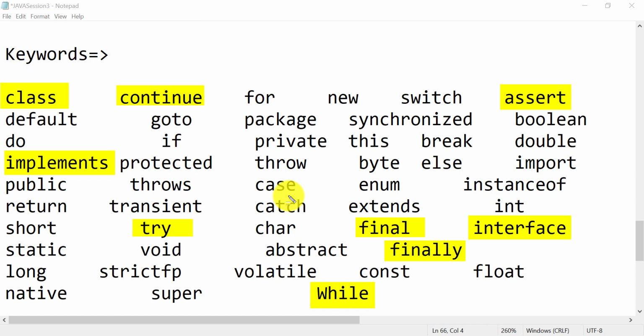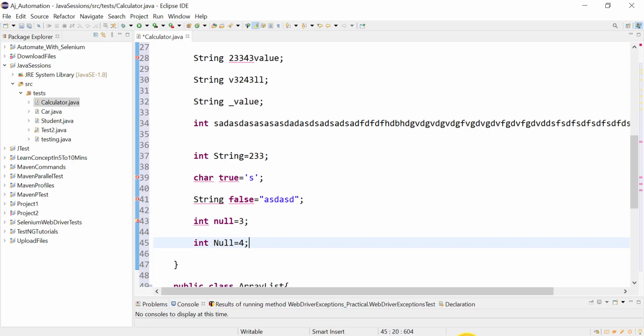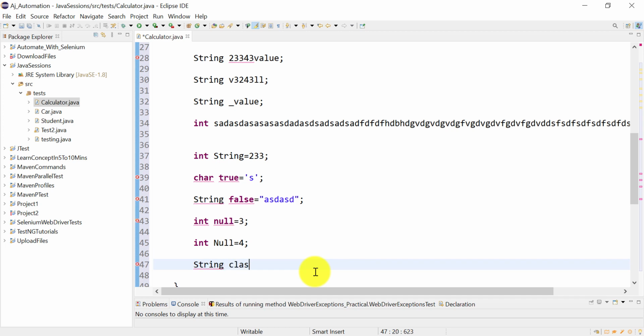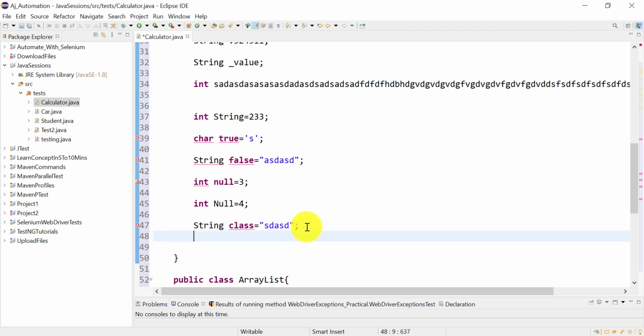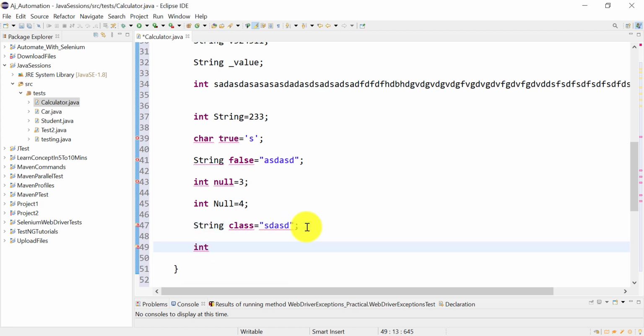Let's try to use some of them. Let's start with class. I am going to create a string variable, string class equal to some value. It is giving an error, so we cannot use the class keyword. Another can be integer try equal to 4, this is also not allowed.